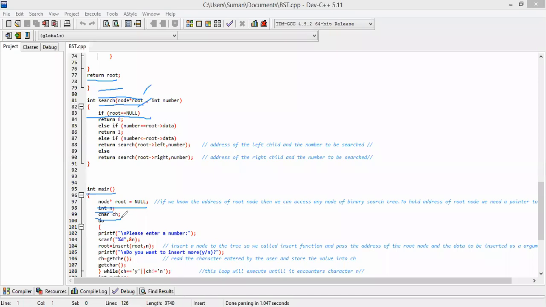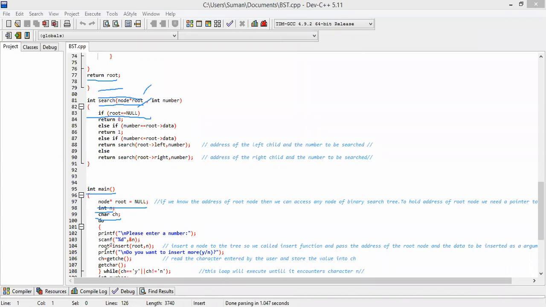Now, when we want to insert in the tree, I first want to insert some element into the tree. So we consider that the number we want to insert is n. That's why you see printf, please enter a number, scanf n, which means n is the number which we want to insert in our binary search tree.